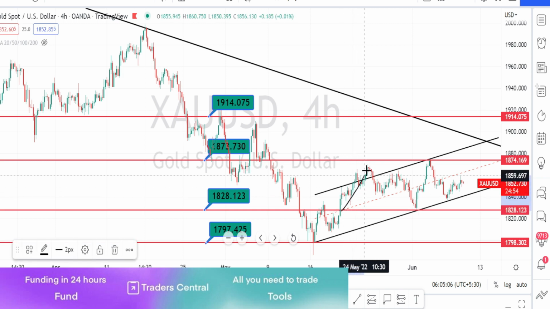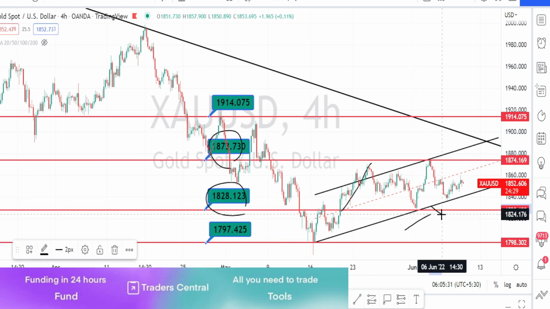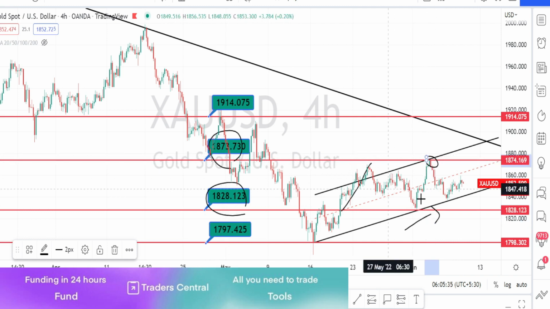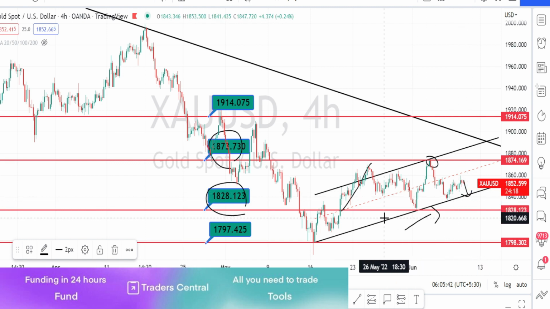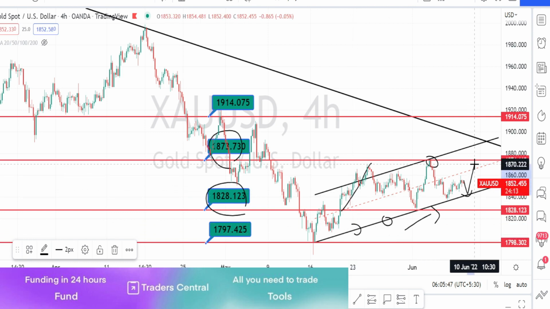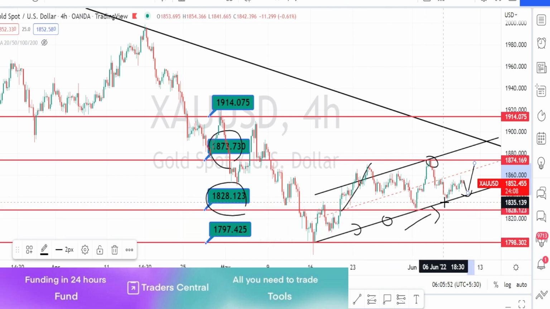Presently, when we notice the price action, it is trading between the resistance level of 1873 and the support level of 1828. Although the price action is in a bullish trend, we are noticing a very strong resistance at the level of 1873. Currently the price action is retracing. We can expect it to take support on the bullish channel pattern support line, and again trend on the bullish side, because in the past also we have noticed the price action take support on this support line and bounce back on the bullish side.